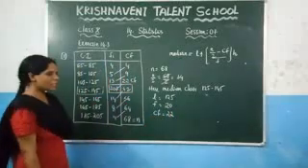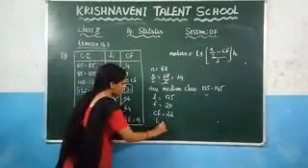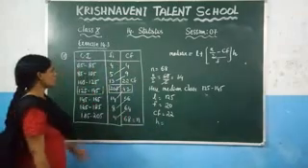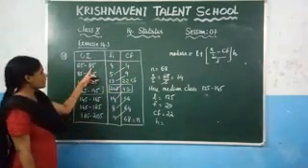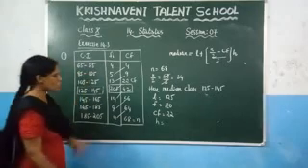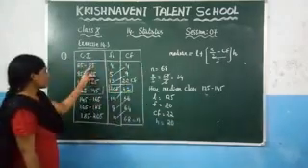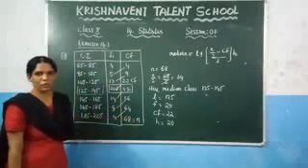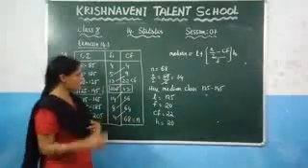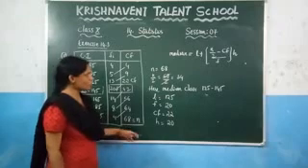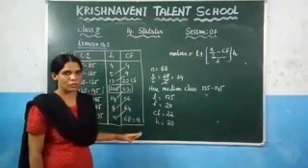Now what is H? H is nothing but the class size. So the difference between the upper limit and the lower limit gives you 20, which is nothing but 85 minus 65. So the value here is 20. So we have found all the values, so that you can find the median by using that formula.